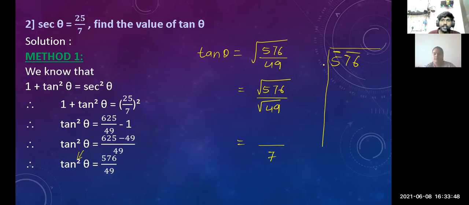Now you have to find a number whose square is 5 or less than 5. Can you tell me which? 2. 2 twos are 4. So you write 2, 2, your 4, and here you have to add, so this will become 4 here, and here you have to subtract. Then it will become 572.